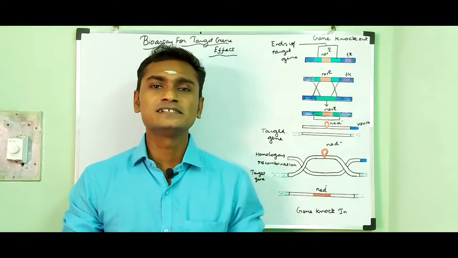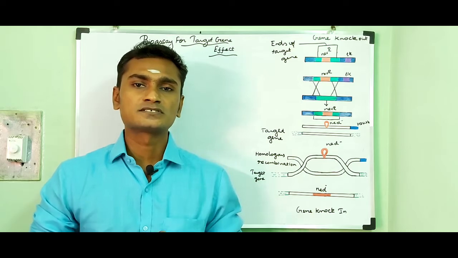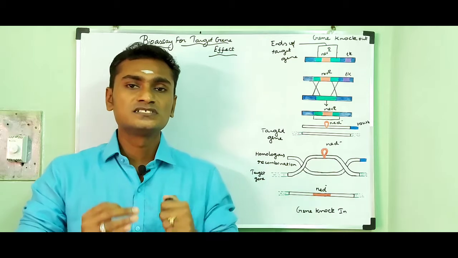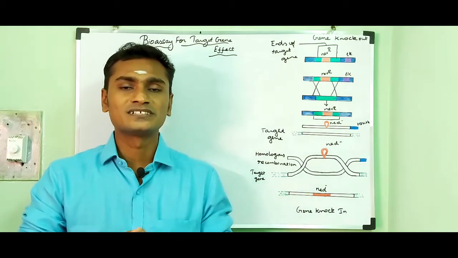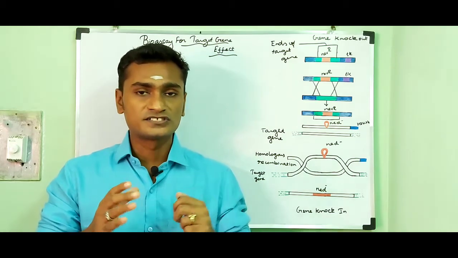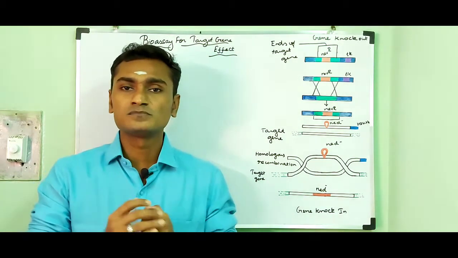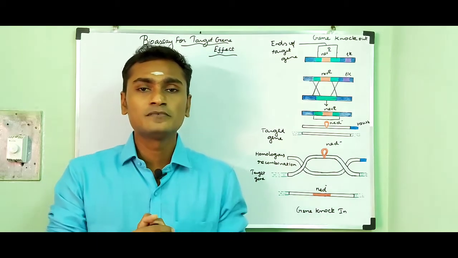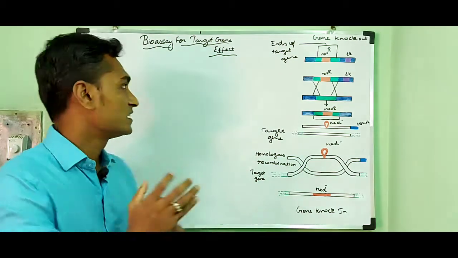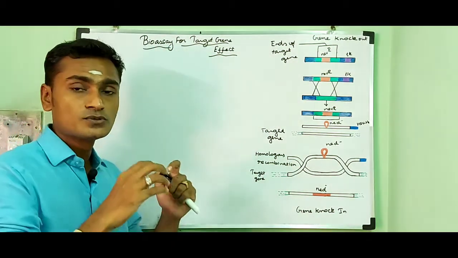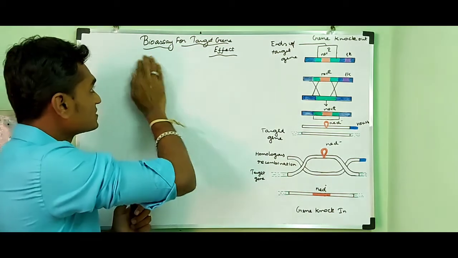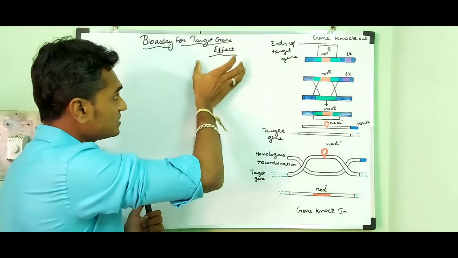Mandri Kumar Rajesh. In this video, we are going to discuss a topic called bioassay for target gene effect. Actually, it is a method to estimate the potential of the target gene by measuring its effects on living animals or tissues. So we are using a living animal or tissues, a living organism. That is why they have mentioned bioassay for target gene effect.